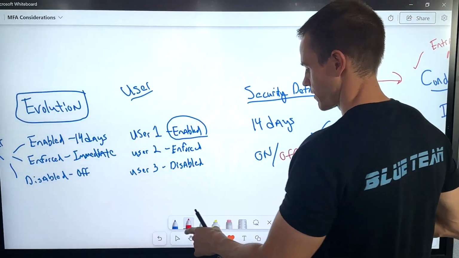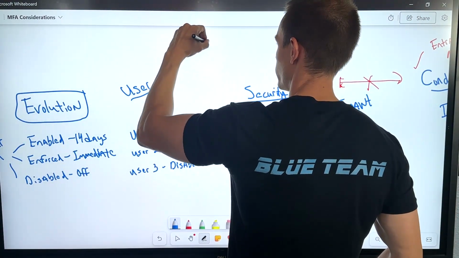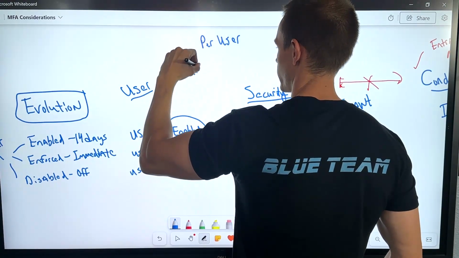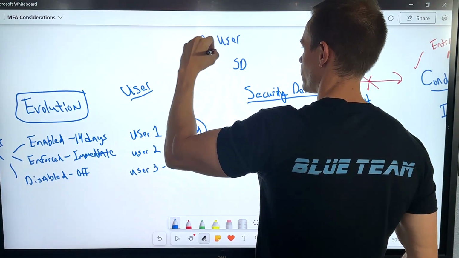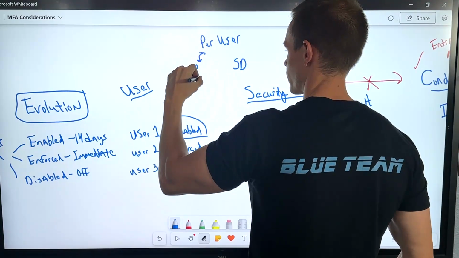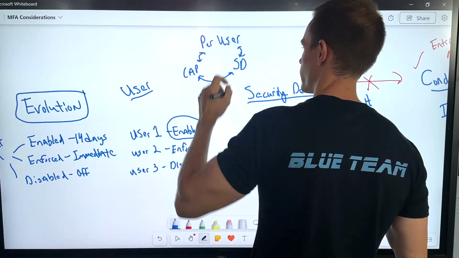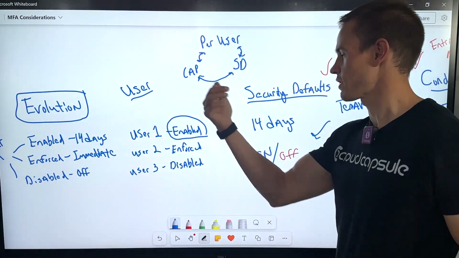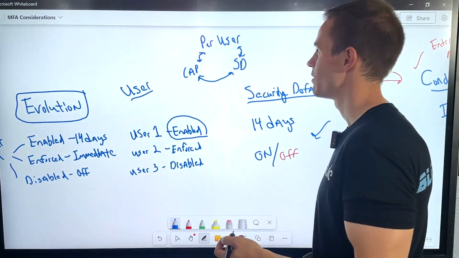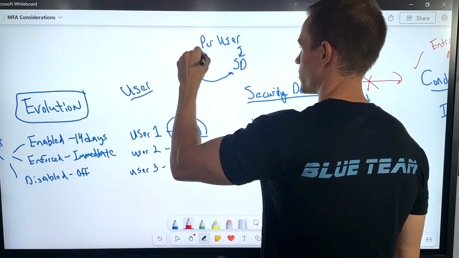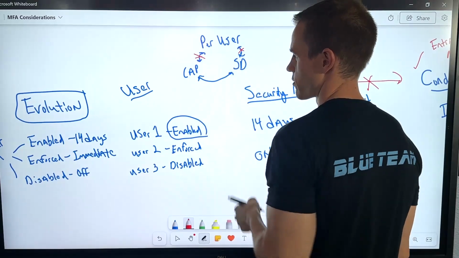But the other thing that we have to consider here is we think about per user MFA, conditional access policies, and security defaults working in unison. Again, I already talked about how you can't have security defaults and conditional access policies turned on at the same time. But from a reporting layer, these things don't exactly flow through either as far as the per user settings,